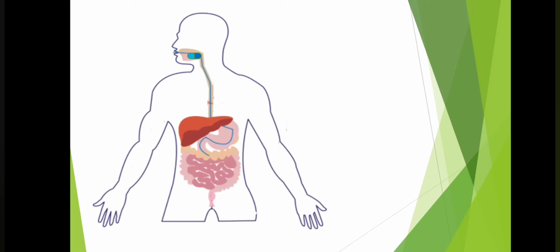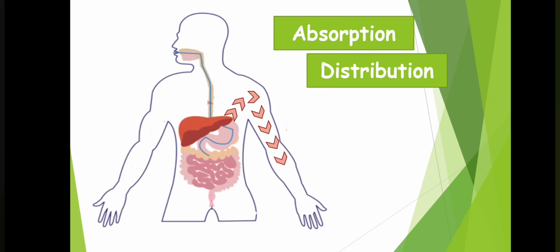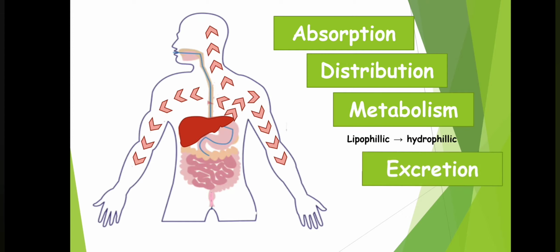See, whenever we consume any drug, this drug will first undergo the phase of absorption. Absorption means movement of drug from the site of administration into the systemic circulation. After absorption will be the phase of distribution, where the drug gets distributed to various parts of our body. After distribution will be the phase of metabolism, and liver is the major organ for metabolism. In metabolism, mostly the lipophilic drug is converted into hydrophilic drug that will assist the next step, that is excretion